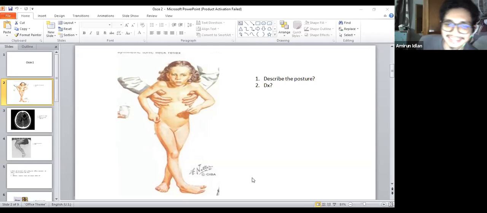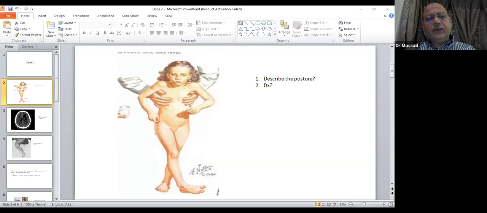I try to answer that. Yes, please. This is spastic quadriplegia, and like you see, the posture is like scissoring. So the diagnosis would be cerebral palsy. Okay. It is very important to know that in cerebral palsy, we have a lot of spot diagnoses that can be made by observation, please. Don't underestimate it.